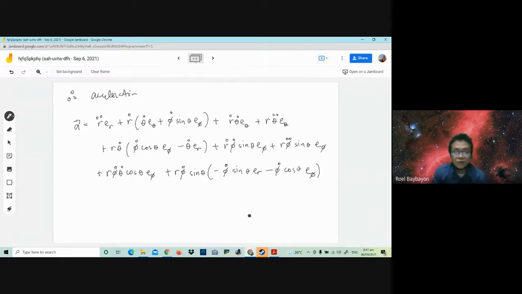1, 2, 3, 4, 5, 6, 7, 8, 9, 10, 11, 12, 13. There are 13 terms, but pwede na ko siya masulat in terms of ER, E theta, and E phi. Sakto? So if I factor out the ER, na ako'y R dot. If I factor out the ER, no? Kani, ER. I also have this ER. So I have 3 terms for ER. So na ko R double dot